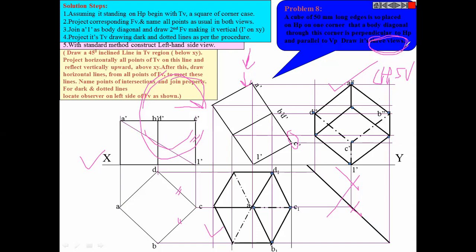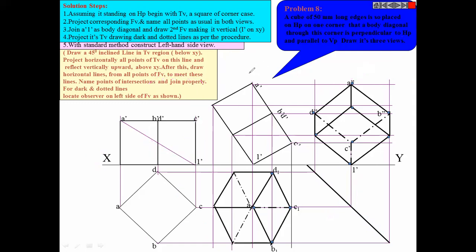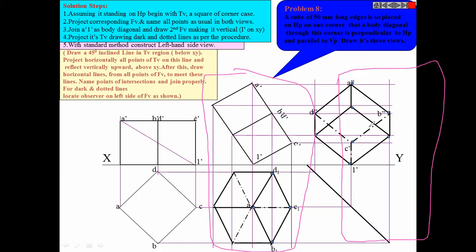So after completely reading the problem, you need to decide the space. Understand? You need to give 1 or 2 minutes every time to each problem after reading it and allocate the space accordingly. So in that case, you would have drawn this whole thing slightly here. That is one option. And then you could have drawn the left hand side view here.